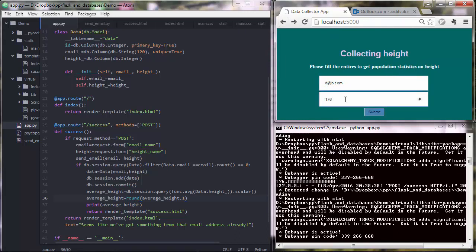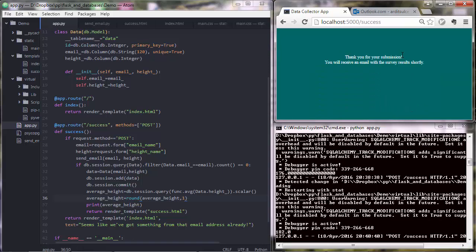D this time at b.com, and let me try another value, let's say 200, and submit. Yeah, this is the average. By adding 200 there, I increase the average from 176 to 182 centimeters in the case of my application. Maybe you're using some different units there. And yeah, I think this is all clear, and let's go ahead now and send this average height value to the email function as well,